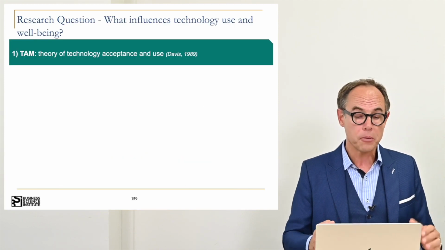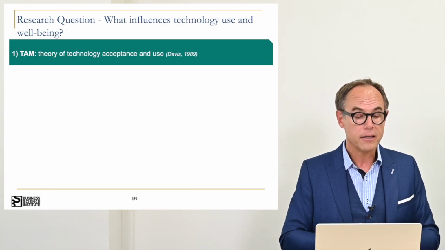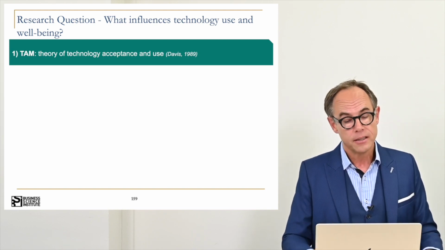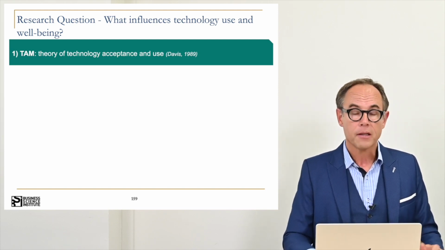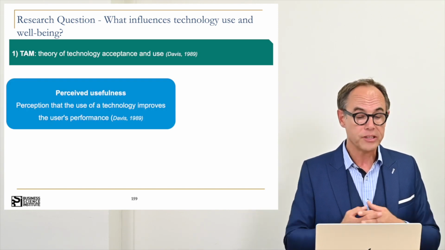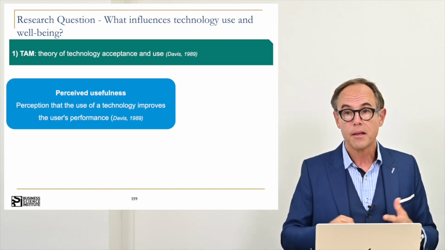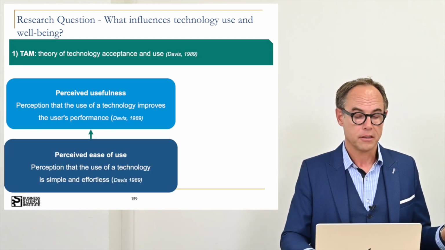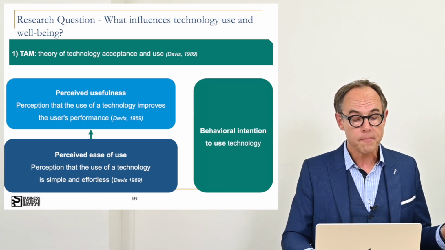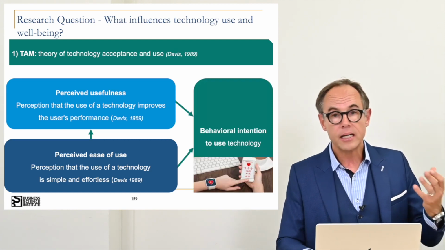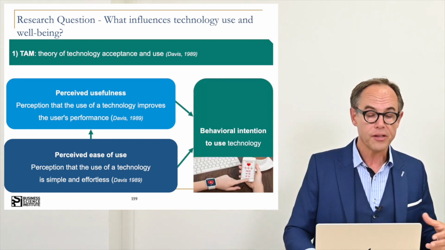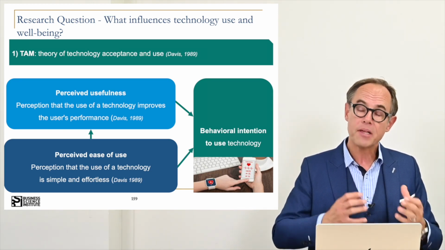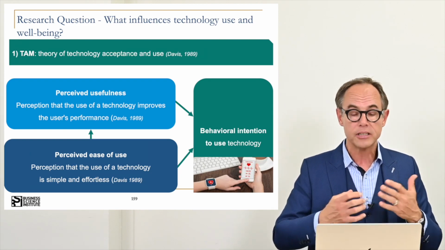Which brings us to our conceptual model. What are the factors that influence well-being when adopting a health app? We start with the TAM or UTAUT model. Perceived usefulness based on literature should have a positive impact on behavior intention to use. And before, in line with what we have already seen, perceived ease of use should have a positive impact on usefulness. In other words, the more the app is easy to use, the more it should create utilitarian benefits.